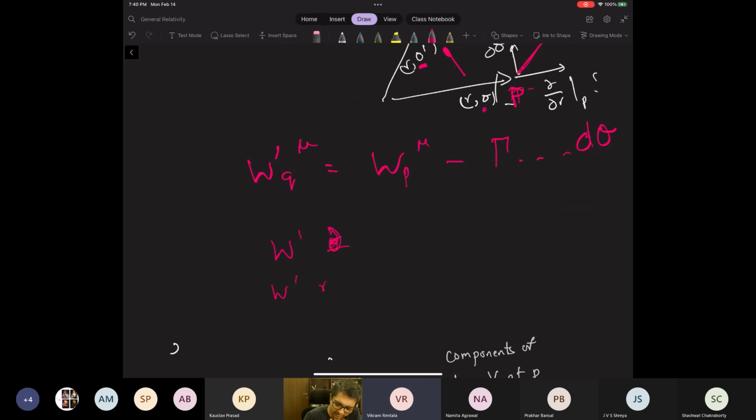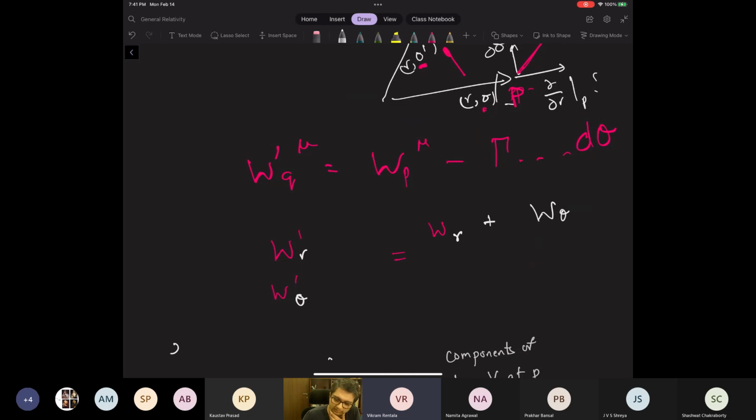So I'm just going to write it as partial theta and partial R. This will be some linear combination of W_R and W_theta,